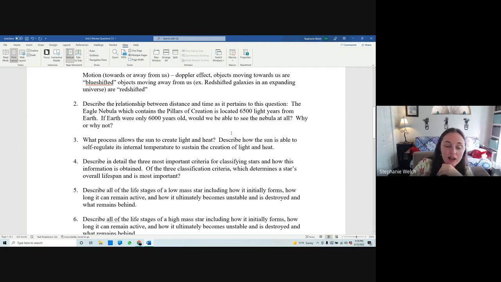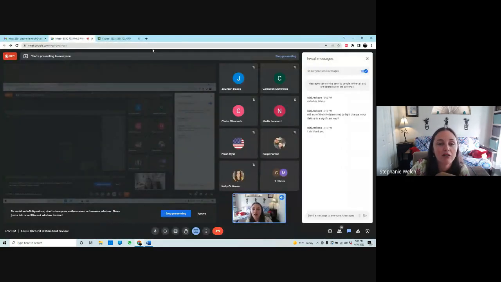Now, I kind of just picked something specific that's relatively close to us, but you could use any version of this question to get at the same understanding. So I picked the Eagle Nebula, which is fairly close to us in the Milky Way galaxy, and it contains the famed Pillars of Creation. Really quickly, so you have an idea of what this looks like,